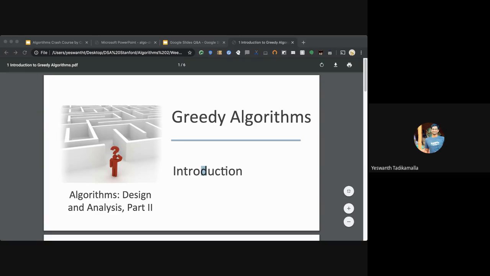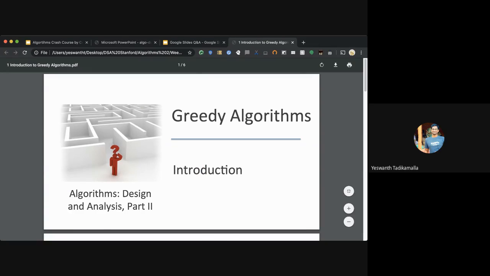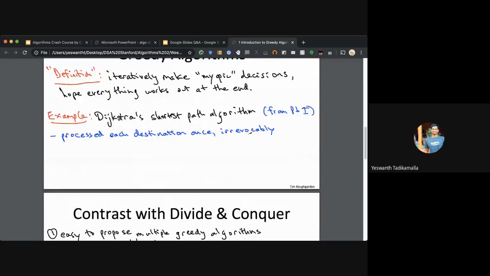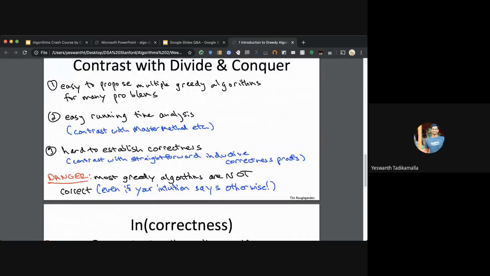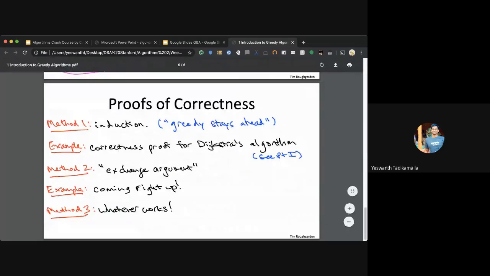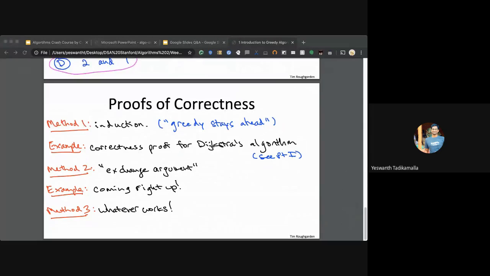The idea is to take myopic decisions, as in selecting the inputs that are optimized for the results so far, without minding whether the overall solution will also be the best or not. So this is a design paradigm, the greedy design paradigm. We don't have to get into the details of the proofs or anything like that.